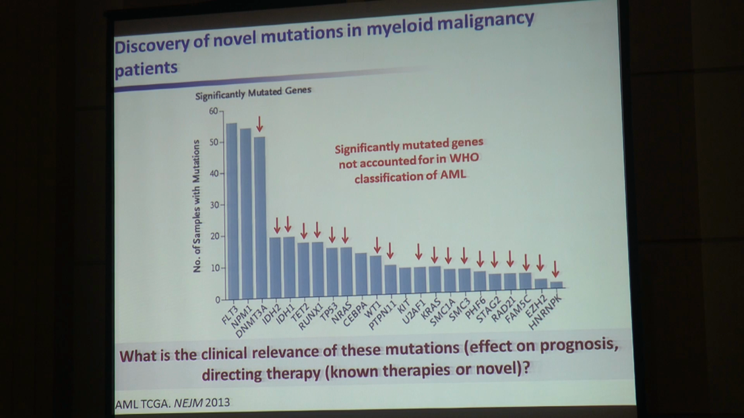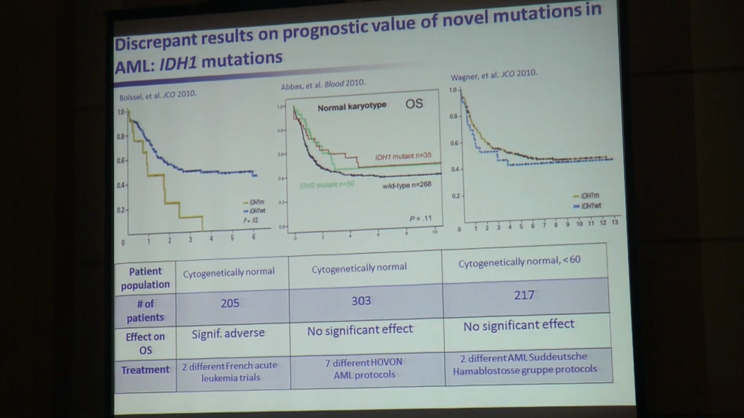So what is the clinical relevance of these alterations? It's not a simple question. This is an example of the difficulty. This is 3 studies published all in 2010, looking at just one molecular genetic alteration that's new in AML, which is IDH1 mutations. These are 3 different studies, all in normal karyotype AML, and what you can see here is